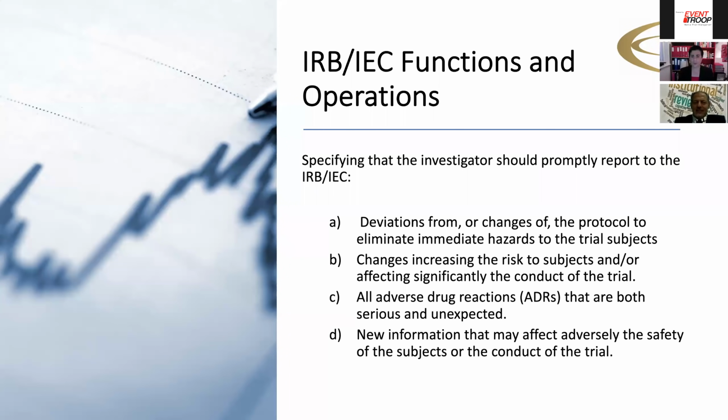What else do they want to know? They want to know any new information that will adversely affect the safety of the subjects and the conduct of the clinical research. So when you are working with the IRBs, they will provide you an approval letter, if they approve your research. And on that letter, they will clearly tell you how frequently they want you to communicate with them. They will tell you what information they expect you to provide them. This is good clinical practice. This is meeting international requirements on the conduct of clinical research.